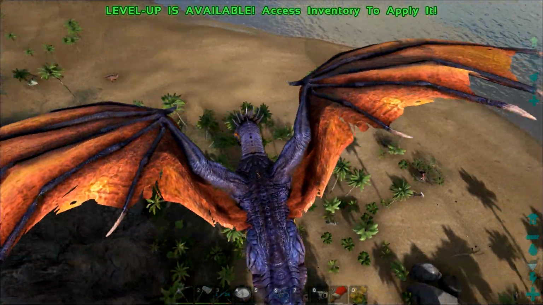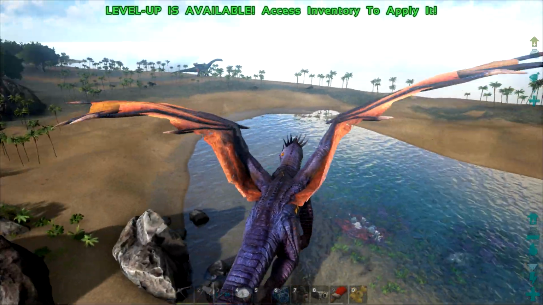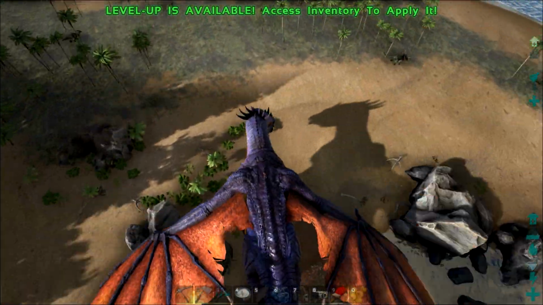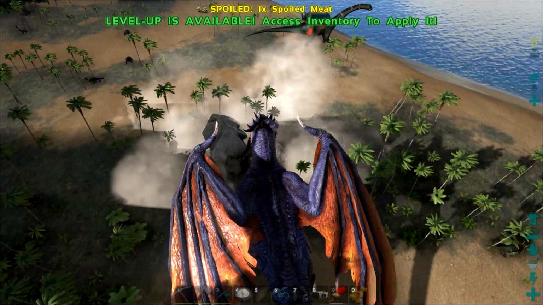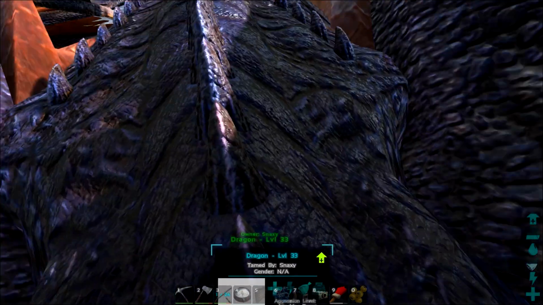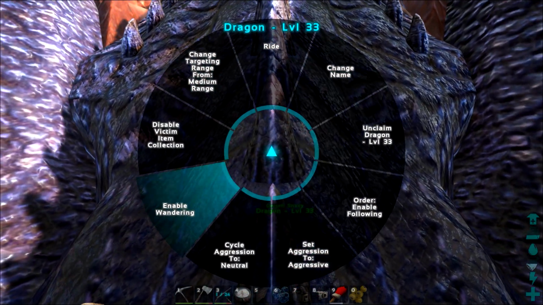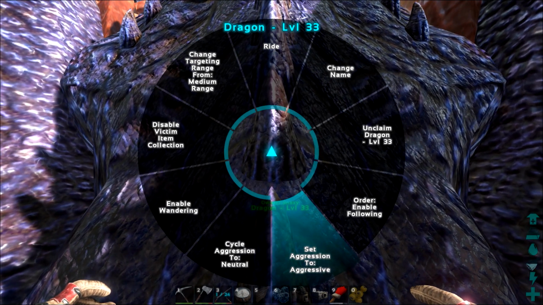Let's land real quick and just see, just to get a feel. Whoop. Come on, land, dragon. That's the other thing, is landing him is a little bit tough. Come on. There we go. Okay. Get off there, and let's take a look at him. If we look at his... He's got no inventory. So...